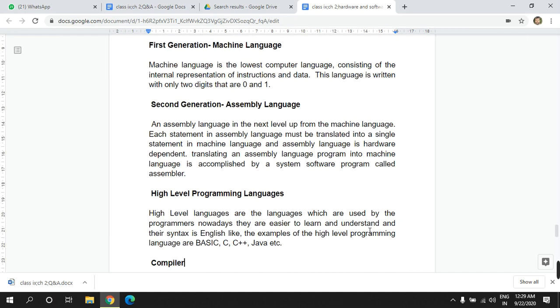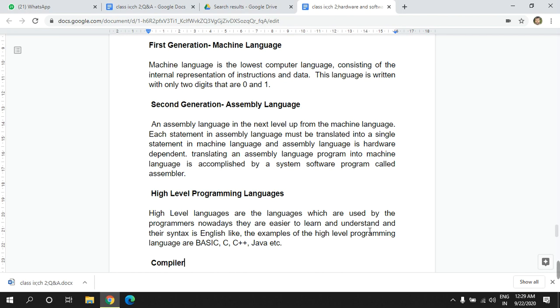Then comes the high level language. So these high level languages are the most advanced type of languages, and they are also the easiest, because anyone who has the aptitude or interest in computer programming can learn the programming languages very easily, because their syntax is English-like and anyone can learn them.